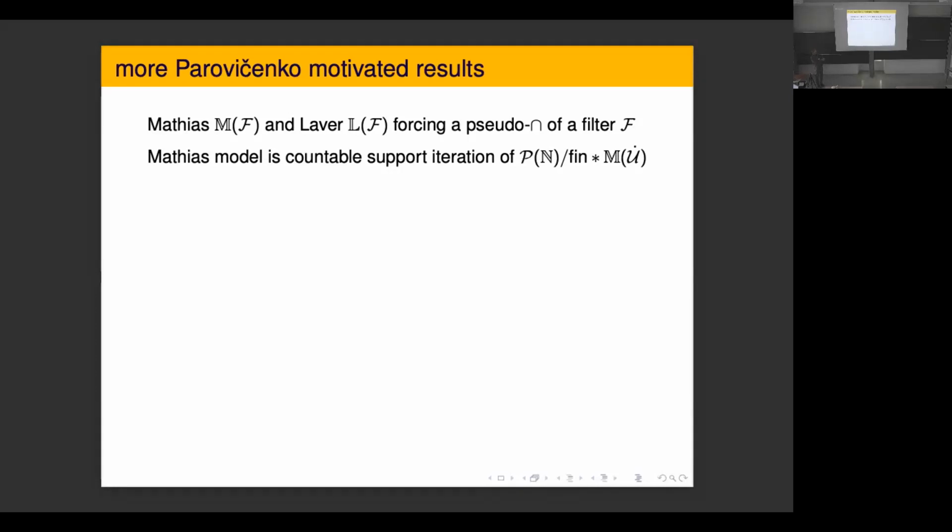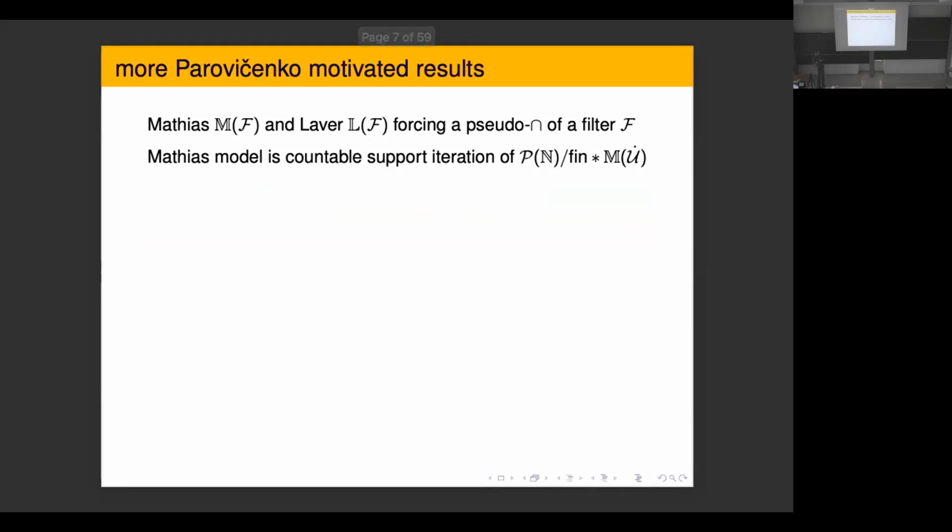And even better for many results, as others, Jörg, Michael Rubin, and many others have noticed, is if you Laver-ize it, so the full F-branching tree. So both of those forcings add a pseudo-intersection to the filter, but what makes them special is possible preservation properties. And then, of course, everybody knows the Mathias model is the countable support iteration of Mathias forcing